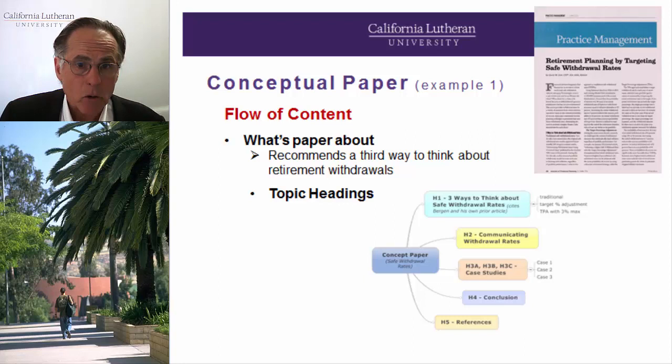My first article is entitled Retirement Planning by Targeting Safe Withdrawal Rates by David Zolt. In this paper, the author advocates for a third way to think of safe retirement withdrawals, which he calls target percentage adjustment with a 3% max. His paper is structured with essentially 5 major